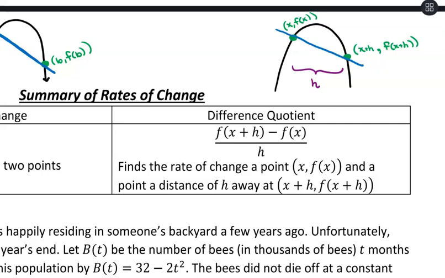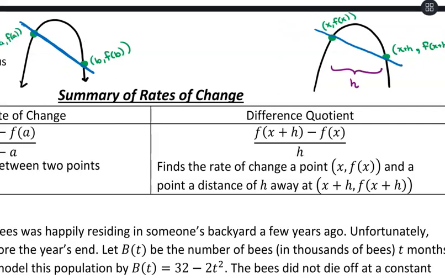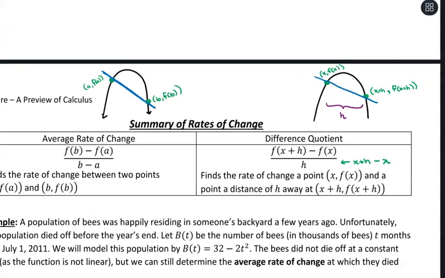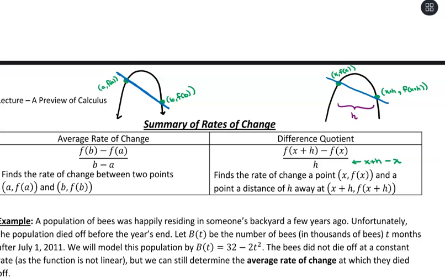approaches 0. So again, this difference quotient is the same calculation as average rate of change, and technically in that denominator we're starting with our input of x plus h minus our input of x. It just ends up simplifying down to just h there. So let's take these two ideas and apply them to this application and see how these pieces come through and how these two calculations are interchangeable with each other. It just takes a little change in our thinking to use the difference quotient, but then we can see